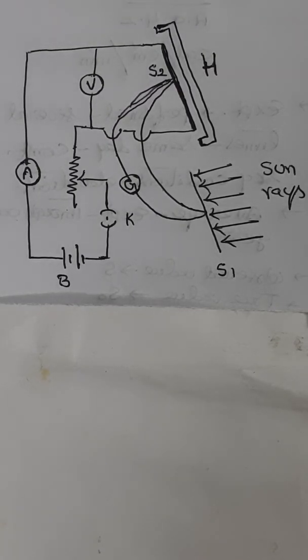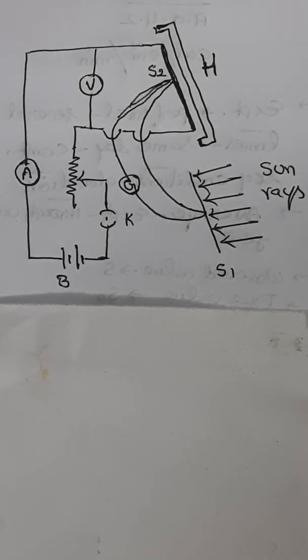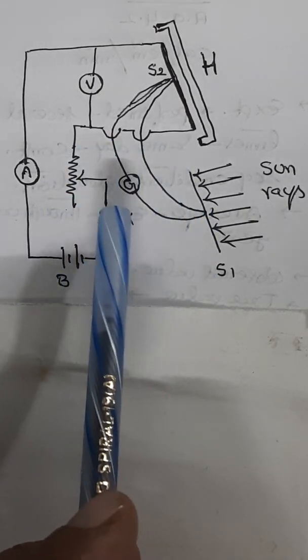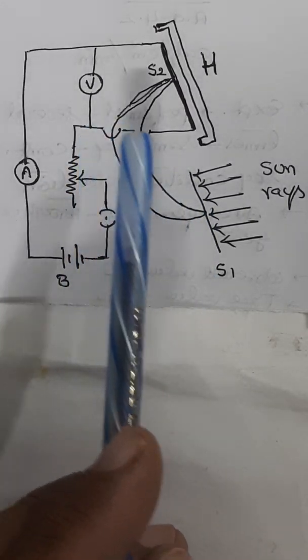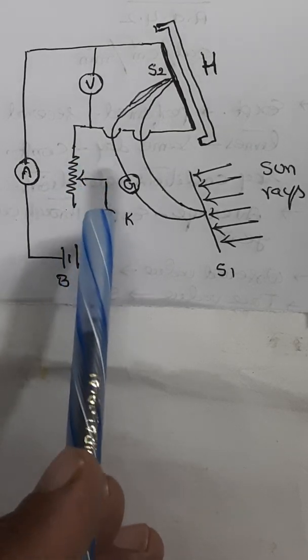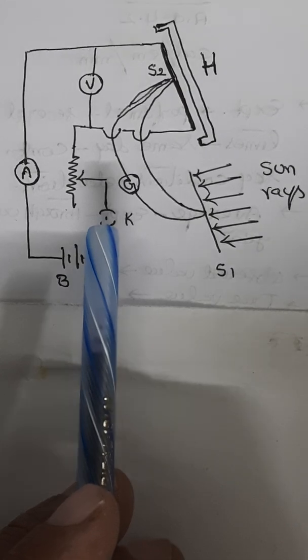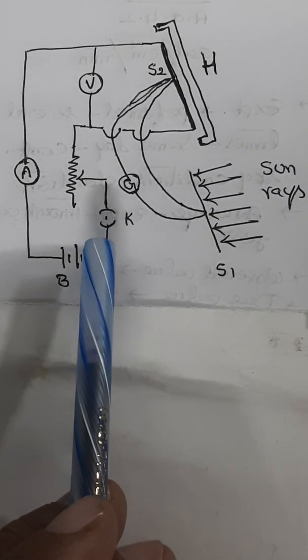In thermal radiation, we were discussing the determination of solar constant, where in the last session I have explained about the construction and working of Angstrom's pyroheliometer like this. So let me quickly recap the working process so that from there we can arrive at the determination of solar constant.